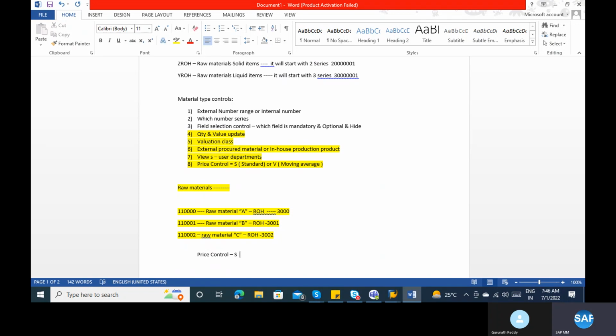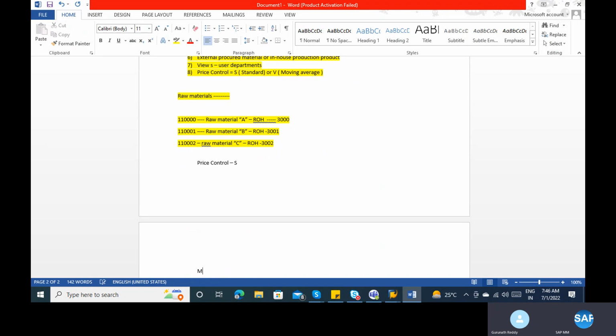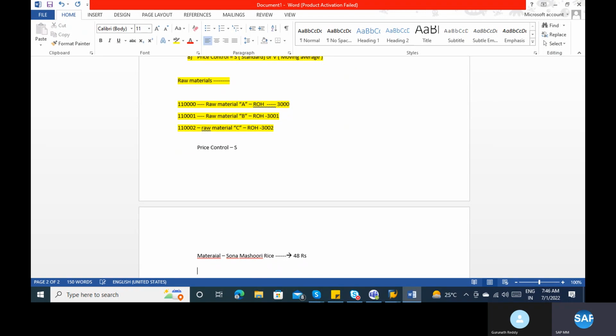Okay, so the material number. Suppose I am just buying the goods, rice, Sona Masuri rice. Okay, now I went outside and I bought this product for 48 rupees. So 48 rupees per kg